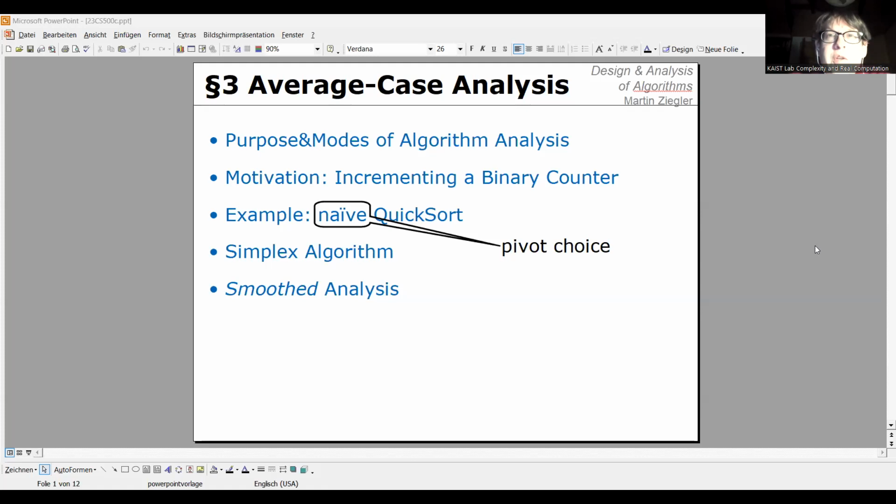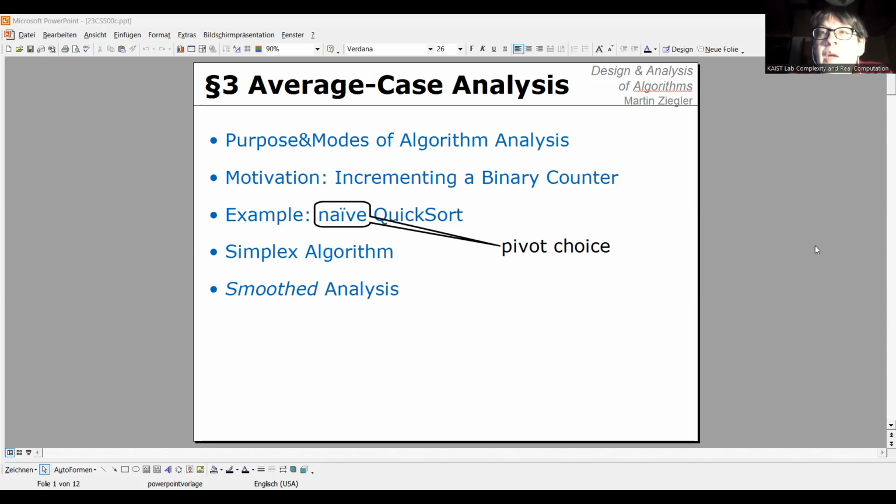So from there, we proceeded to average case analysis. First we discussed the purpose of algorithm analysis, namely to be able to predict the behavior of algorithms regardless of technical details such as clock frequency and other absolute measures, to predict it on the one hand realistically, and on the other hand to be able to analyze to make such predictions, which is a trade-off. The more realistic the prediction, the more involved the analysis. And for that purpose, we recalled various modes of algorithm analysis, such as worst case analysis and average case analysis. The topic of chapter 3,